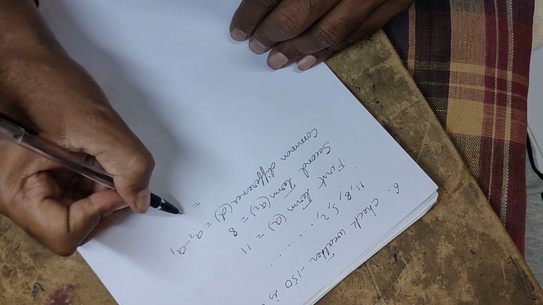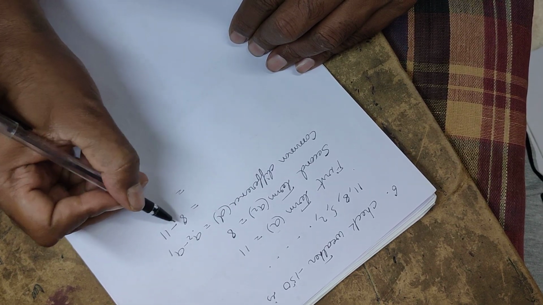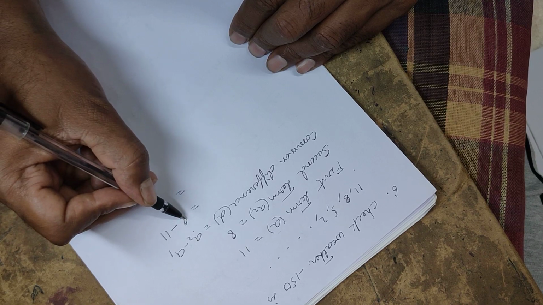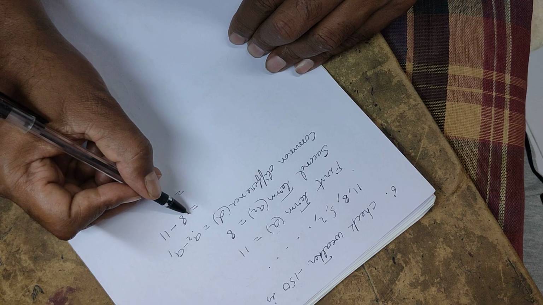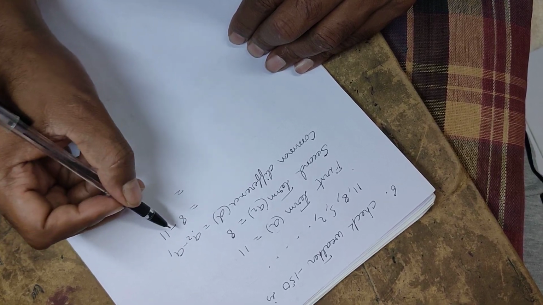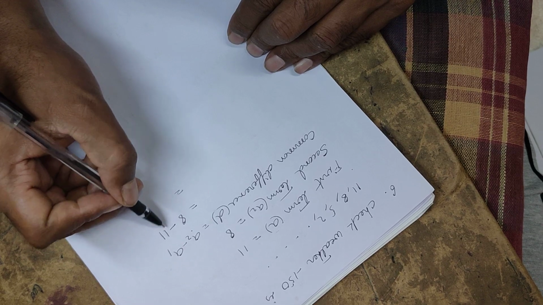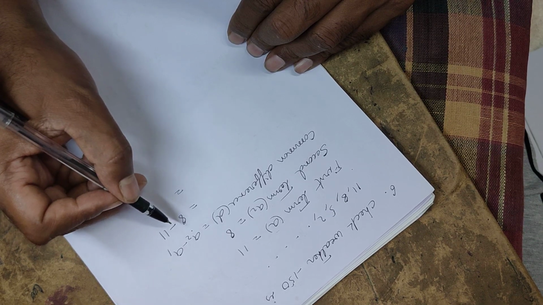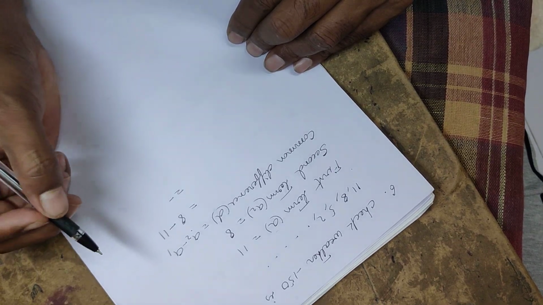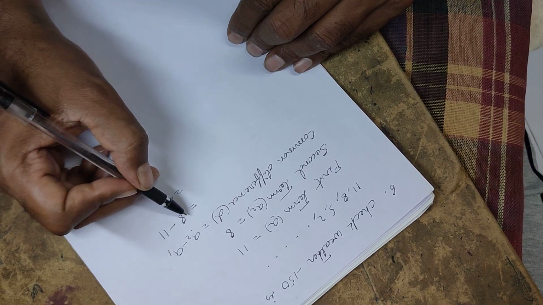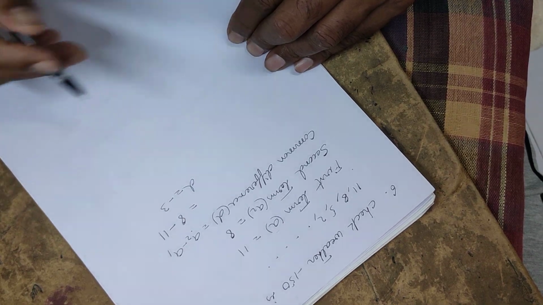So A2 is 8 minus A1 is 11. 8 is the smaller number, 11 is somewhat bigger compared to 8. The bigger number is having the minus symbol, 8 is having the plus symbol. So you have to do subtraction. If opposite symbols are there, you have to do subtraction. The bigger number's symbol will come in the answer. So in the answer you have to write minus. From 11 subtract 8, you are getting 3. So the common difference you got as minus 3.